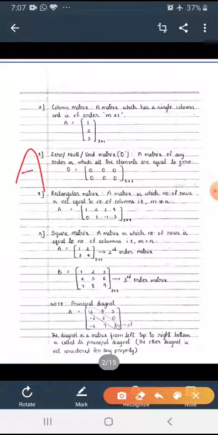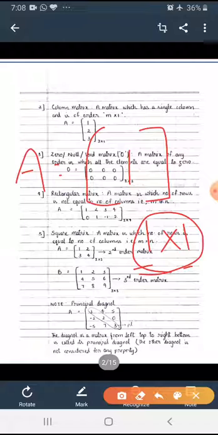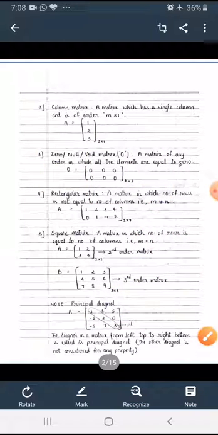Now one important matrix I will construct. See here, A equal to 1. Now here how many elements are there? Only one element. It is a 1 by 1 matrix in order. In that, one row and one column only, then it is the singleton matrix, because here one row, one column. So it is called a singleton matrix, and it is nothing but a row matrix or column matrix also.